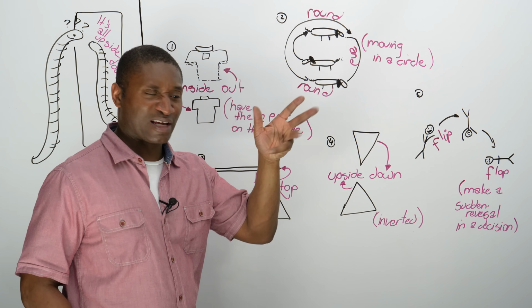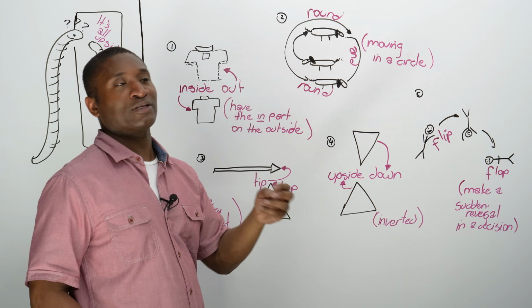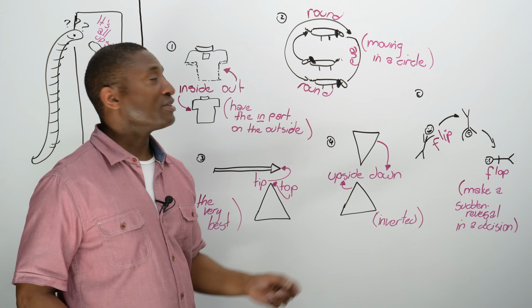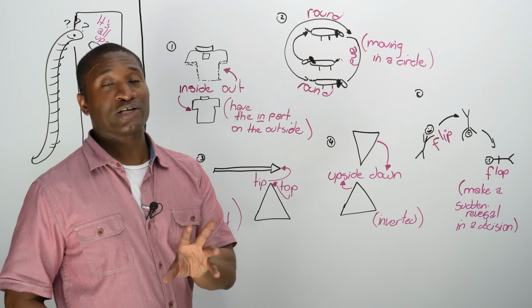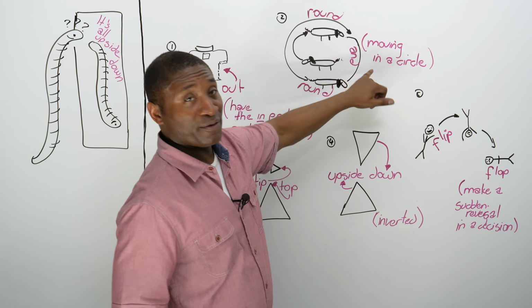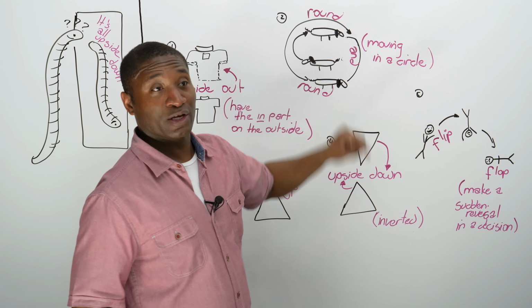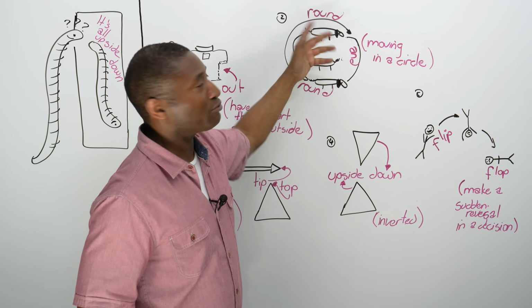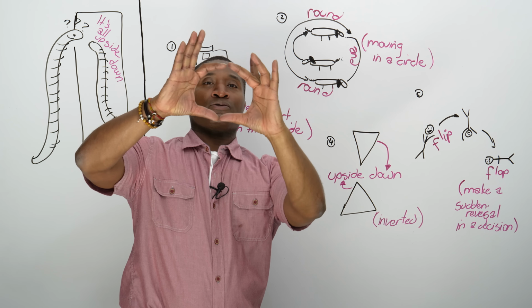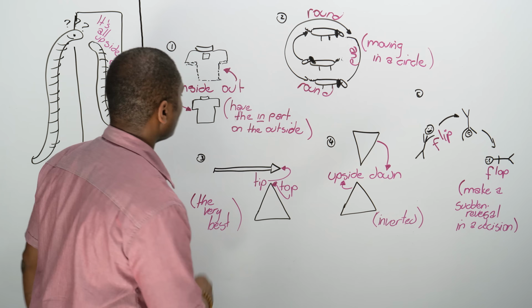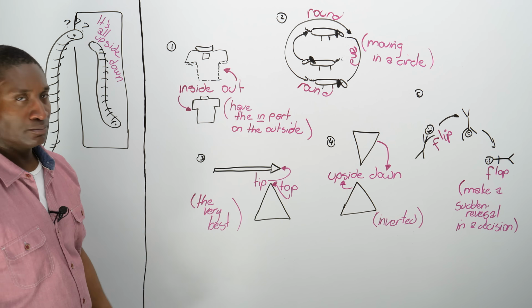So when you hear a Canadian English speaker go, why are we going around and around the same thing? They should say round in a circle, but they won't say circle. Usually they'll just say round. Another variant is around. They go, we go around and around. Same thing, around and round, because they're both talking about circles. Cool? All right. Number 3,